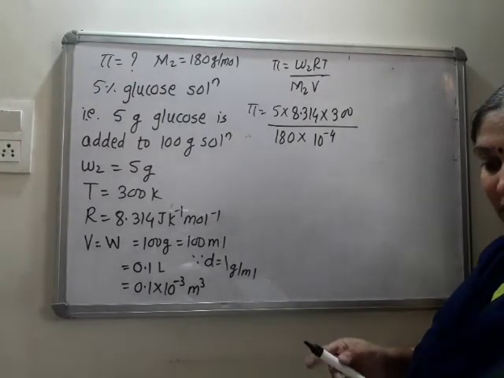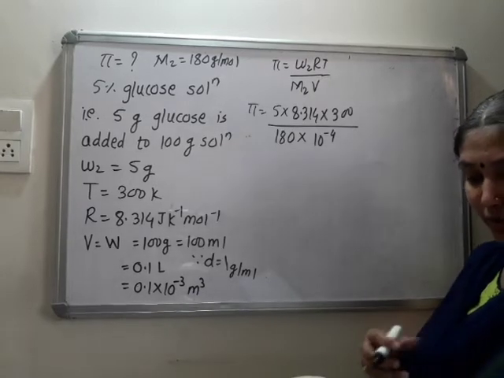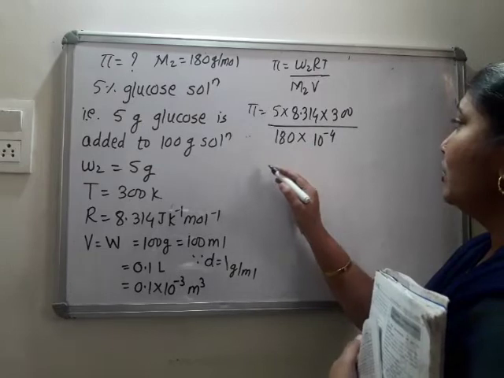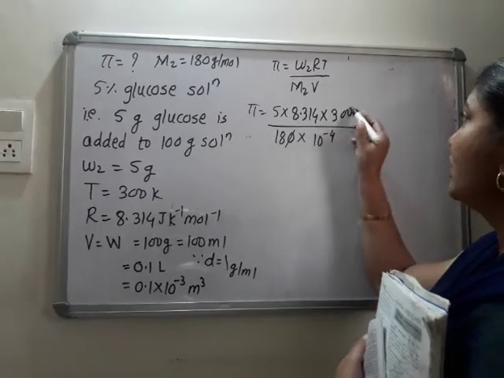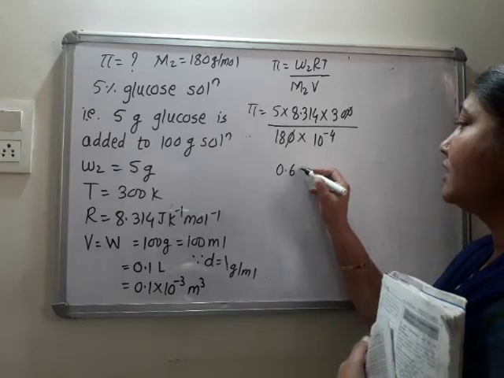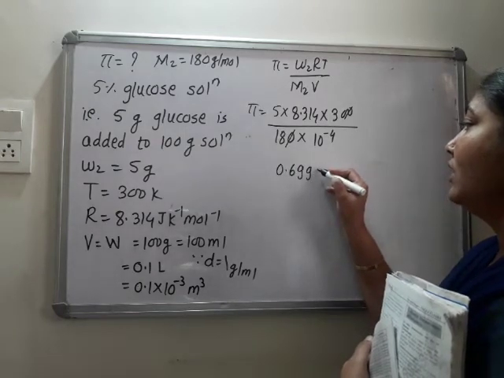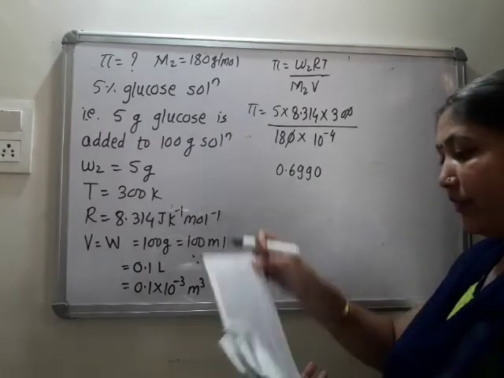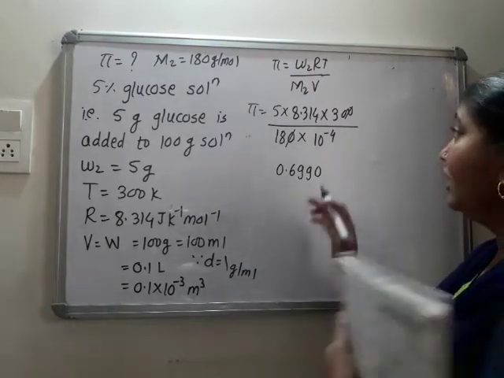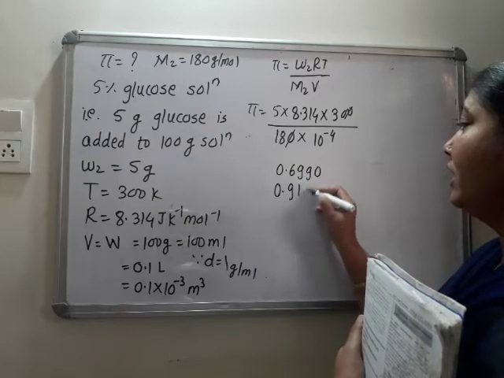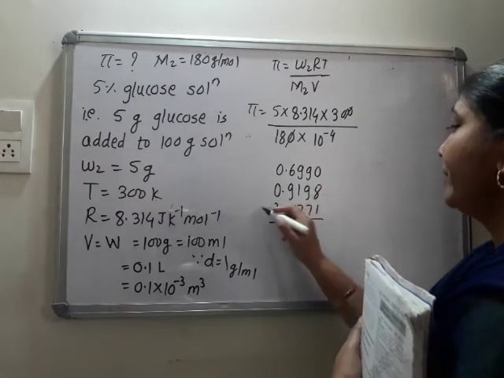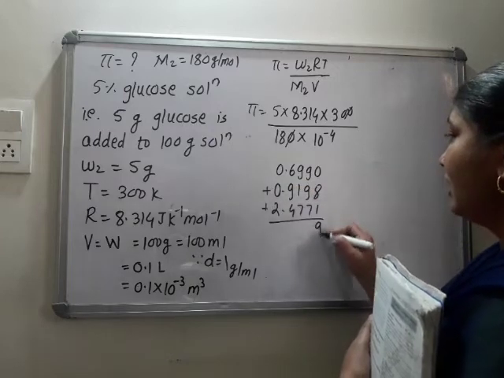Okay. Let us see what's the value. Calculate this. So, this is equal to, see numerator and denominator, 0, 0 get cancelled. This goes up. Log of 5, 0.6991. 6990. Then 8.314, 9198 and 300, 4771. Add these logs.